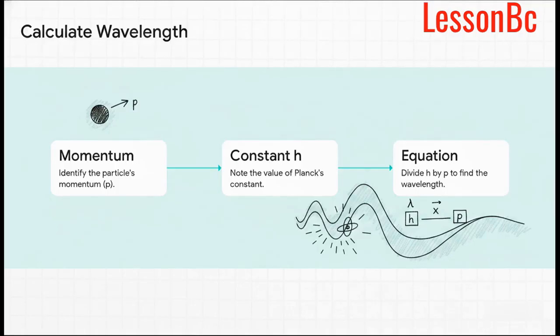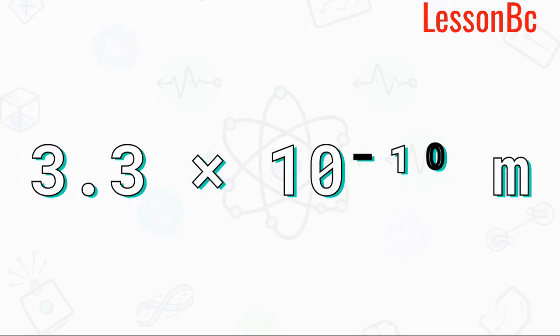Let's put this into practice with a solved example. Say we want to find the wavelength of an electron with a momentum of 2 × 10⁻²⁴ kilogram meters per second. Step 1, we identify our momentum, p. Step 2, we note Planck's constant, h, which is 6.63 × 10⁻³⁴. And step 3, we simply plug these values into our equation, lambda equals h divided by p. So when we divide Planck's constant by that momentum, we get our solution. The math comes out to 3.315 times 10 to the negative 10 meters, meaning our final answer is 3.3 times 10 to the negative 10 meters. It's an incredibly tiny wave, sure, but it absolutely proves that this dual nature of reality is a real thing.